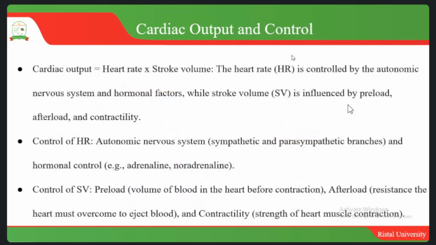So cardiac output and control, basically to explain in this slide: cardiac output is the heart rate times the stroke volume. The heart rate is controlled by the autonomic nervous system and hormonal factors, while the stroke volume is influenced by the preload, afterload, and contractility. Contractility is basically the ability of the heart